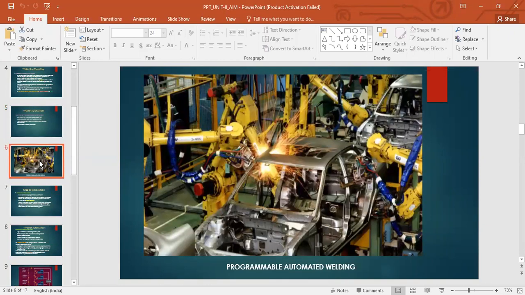You see here an example of programmable automated welding. All these robots have been programmed. So if, for example, there is another vehicle coming in after a batch of 10, model A, 10 cars were to be manufactured. Model B, another model, 20 were to be manufactured.